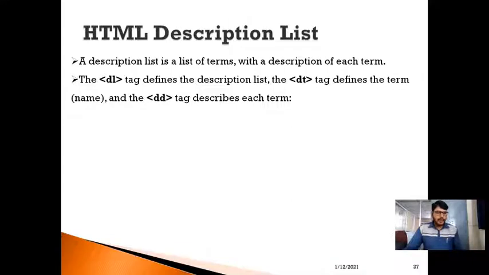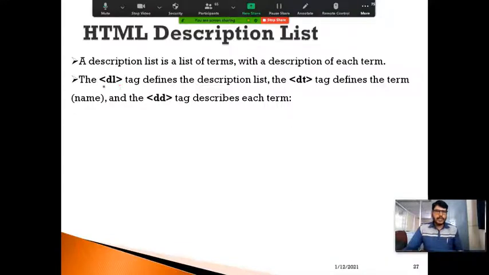As you can observe here, we are using three different tags: the DL tag to specify the description list, the DT tag to specify the term, and the DD tag to specify the description of the list. So let us see one example here.